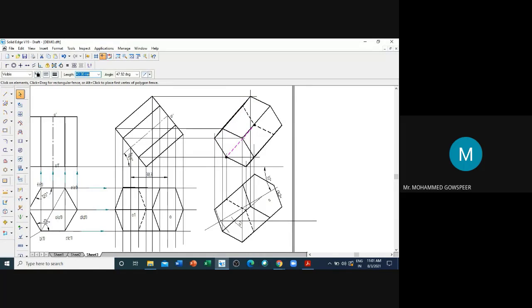Then later you can draw all vertical edges here by using the normal line style. Like here, just simply draw like this. It will connect somewhere. You need not search whether it has coincided or not. If you have drawn it properly, definitely it will coincide.